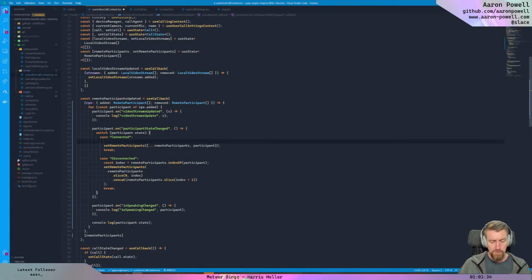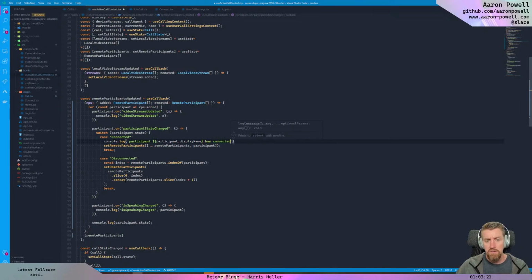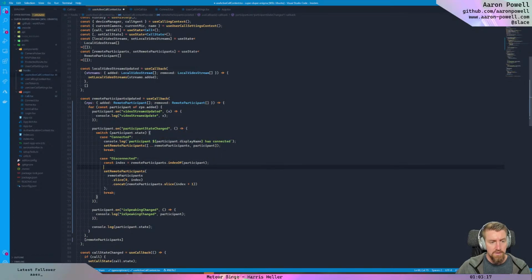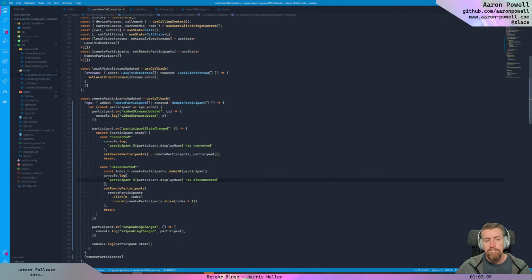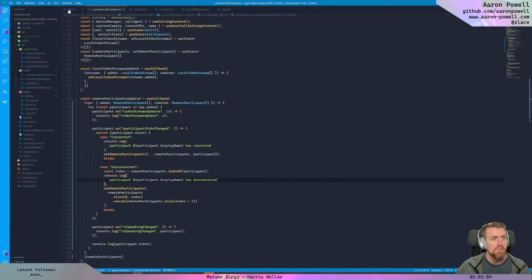And console.log participant. Let's get their display name as connected. And then as disconnected. Let's just see if it is tracking connected, disconnected, and let's get rid of